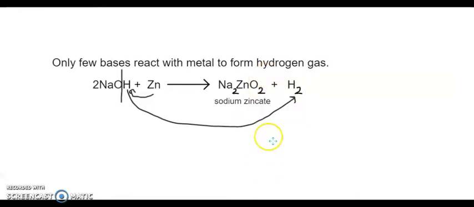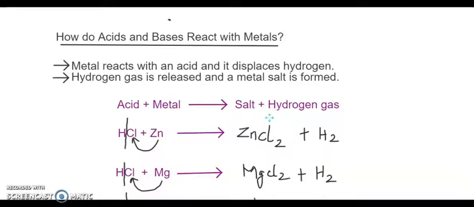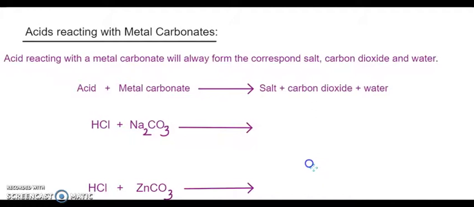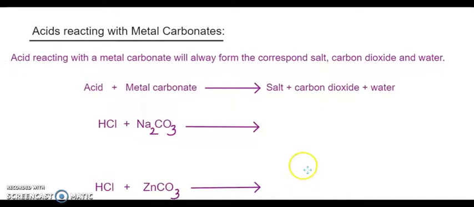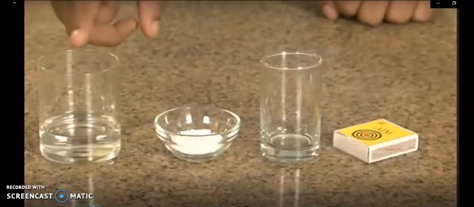Okay, so the first reaction that we saw, or the first active reaction of acids and bases, we saw it with metals. The next is how acids react with metal carbonates. Acids reacting with metal carbonate will always form the corresponding salt, carbon dioxide and water. The general equation is acid plus metal carbonate gives us salt, carbon dioxide plus water. So the next one we are seeing is the metal carbonate reacting with